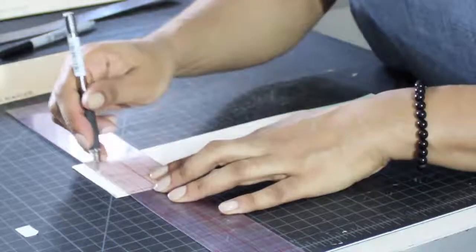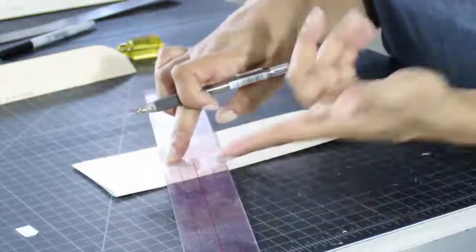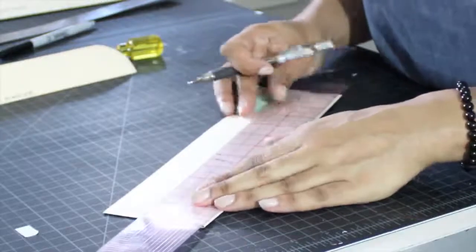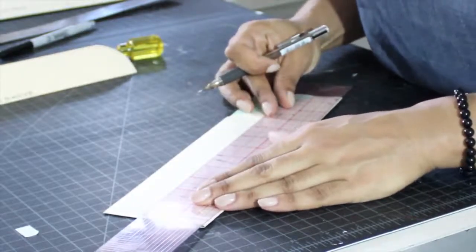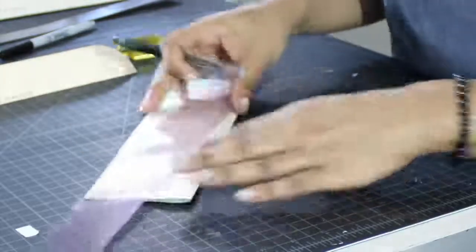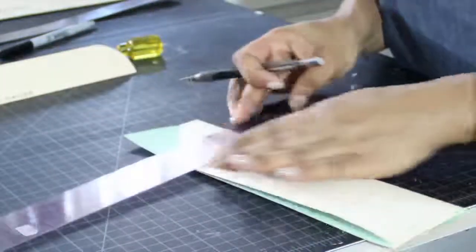To the top, and again, it's so much easier if you have a plastic ruler. I can't impress upon you guys enough. Please do invest in getting one. Let's do the side. Like that, and then the bottom,